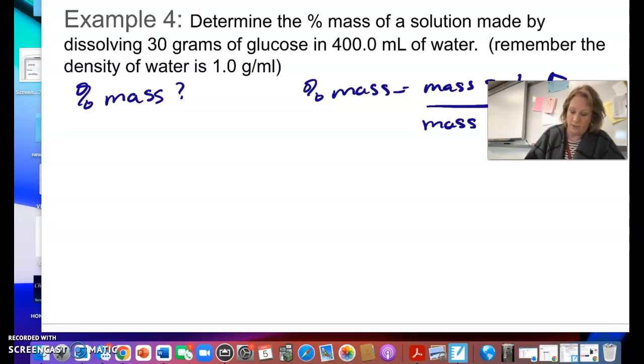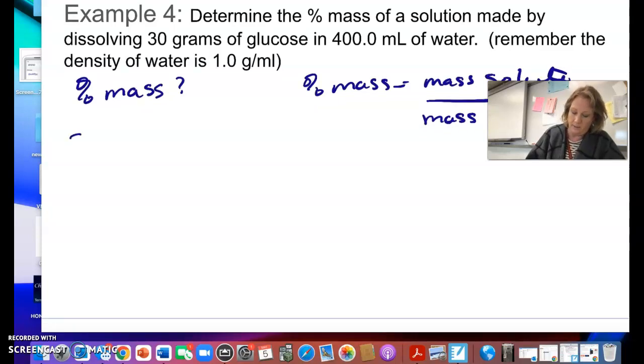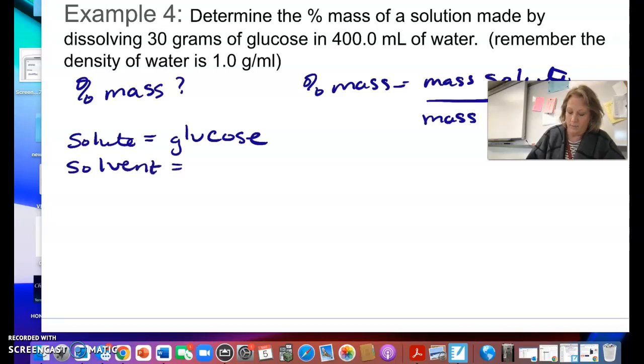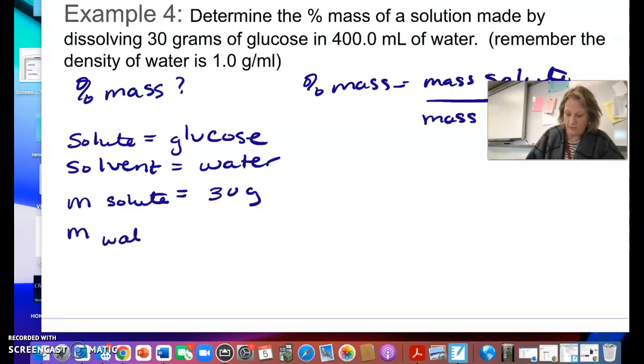In this question, our solute is glucose and our solvent is water. I know the mass of my solute is 30 grams, and I know the mass of my water, the solvent, is 400